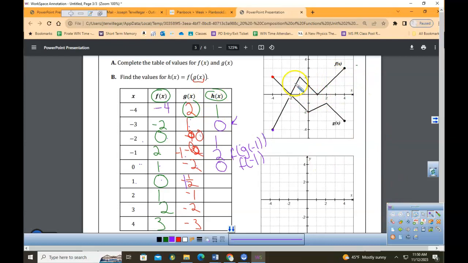So negative 1.5. F of negative 1.5 is, I'm getting 1.5. I think the answer key's wrong. All right, it's 1.5. Okay, I'm gonna get 2. That's a positive 2, and negative 2. Okay,